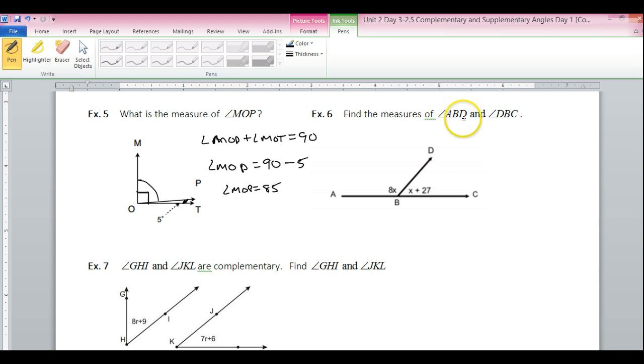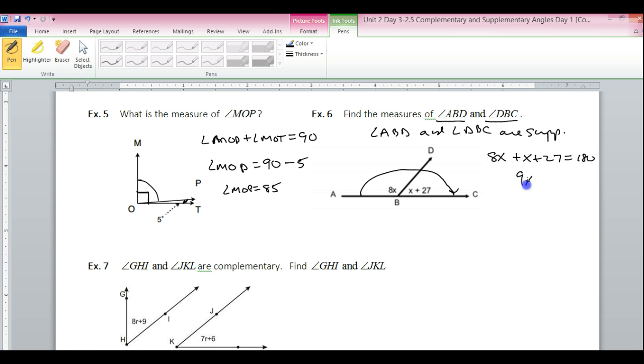Now, example 6 says, find the measures of angle ABD and DBC. If we look at these two angles, if we put them together, what do they add up to? They add up to 180, so we could say that angle ABD and angle DBC are supplementary, which means they add up to 180. So 8x plus x plus 27 adds up to 180. 9x equals 153, and you get x is equal to